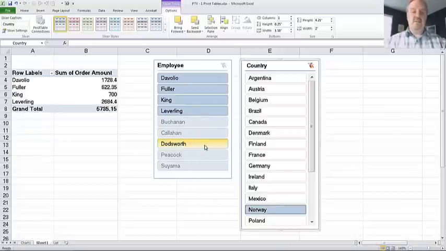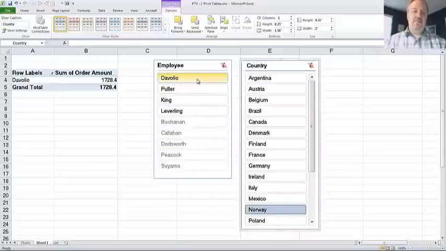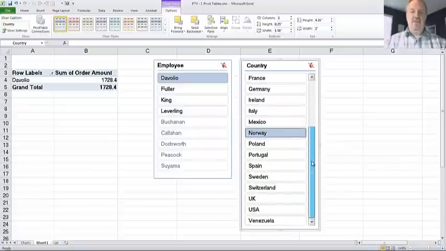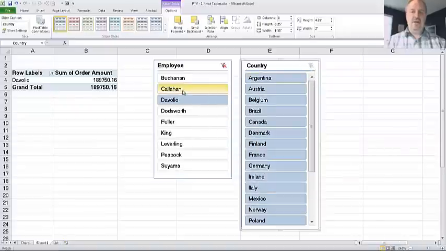That doesn't mean I can't select one. If I select Dodsworth, then the table shows me exactly what I've asked. I said, show me all of Dodsworth's orders in Norway. Well, there aren't any. So Davolio's order in Norway, that shows up. And I can even use this to indicate where the sales were done. So Davolio has no orders for anything but Norway. You'll notice that all these other guys are unselected. Unfiltered these guys: Callahan, Buchanan, Dodsworth, Fuller, King,